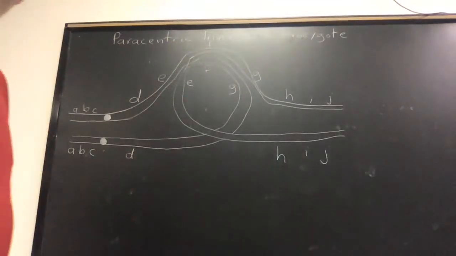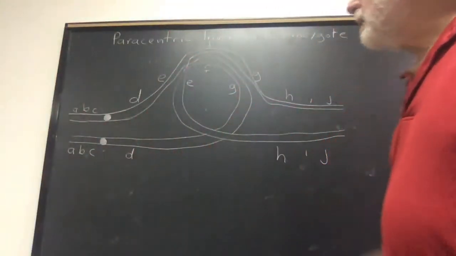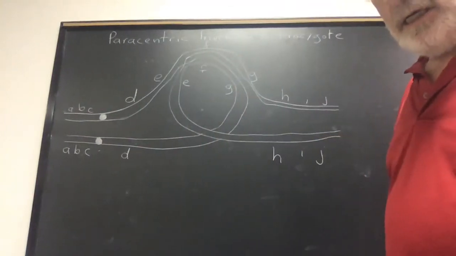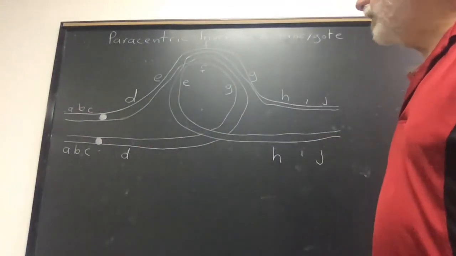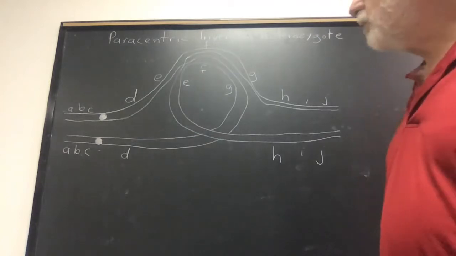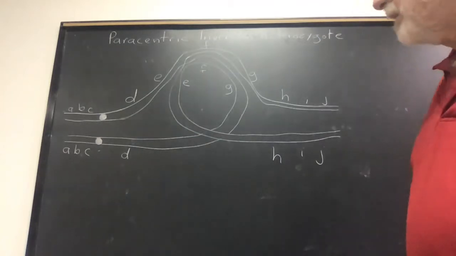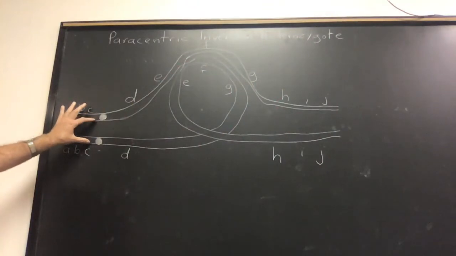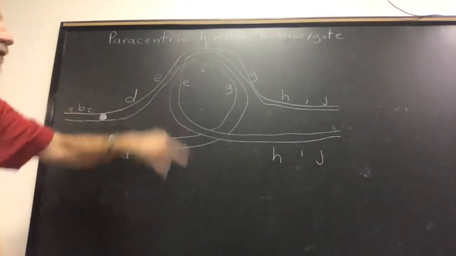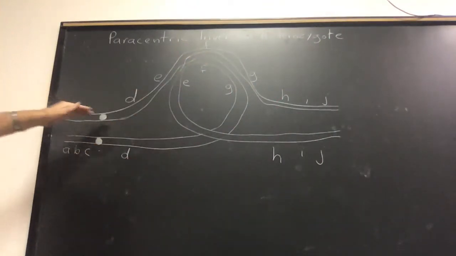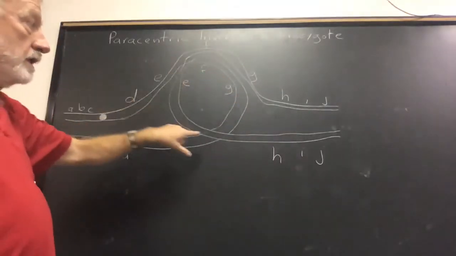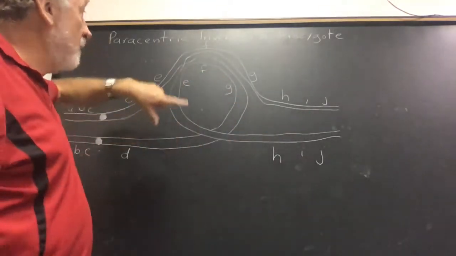Now we're going to work on some cytogenetics problems. What I've drawn on the board here is meiosis in an individual that's heterozygous for a paracentric inversion. The reason we can tell it's paracentric is because the centromeres, denoted by these white circles, are outside the inversion loop. So the normal homolog is on top, and the one with the inversion is underneath, and there's a single